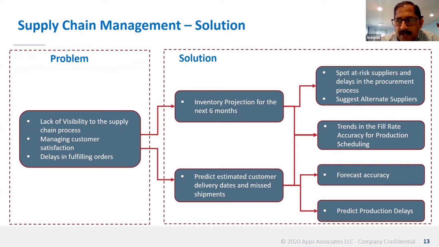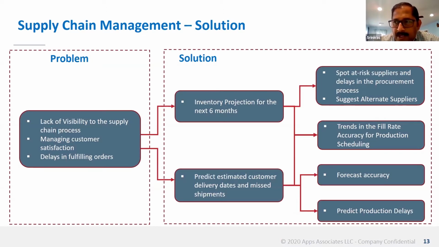Many organizations that are actually making and selling products need to have an idea of what your inventory projection is going to look like for the next few weeks, for the next few months. So this would mean multiple components. You need to know both from a demand point of view and also from a supply point of view. On demand, we talked about understanding what your forecast and your bookings look like. And then on the supply side of it,